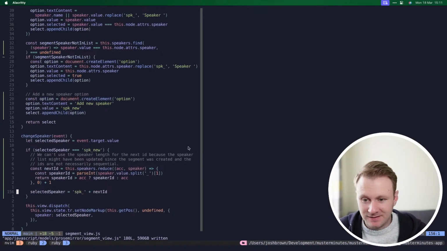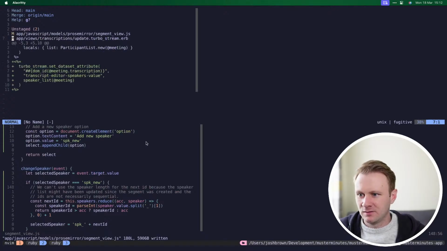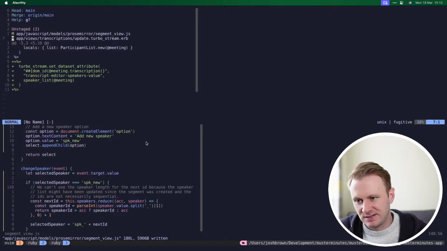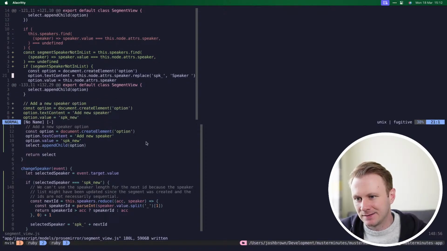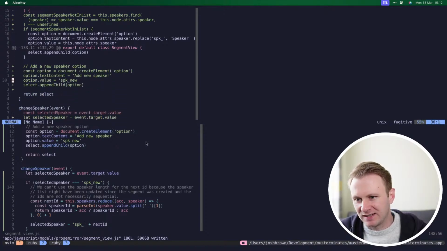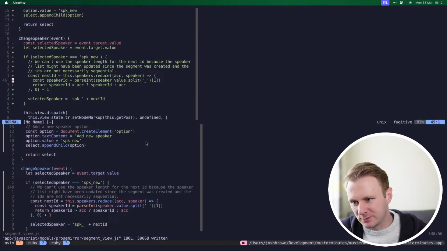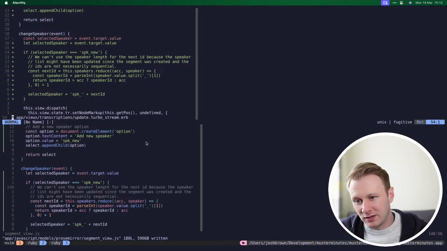You know, it's a bit chaotic, but it works. What did I do? I added one new turbo stream to update the speakers when the meeting changes. That makes sense to me. And then this ability to add speakers back in. We refactored that to add that list. We added this new speaker option, and then when you select that new speaker option, we just set the selected speaker to be the next ID. We've had a little comment to explain why we're doing some weird code there, because that is a little bit weird, but